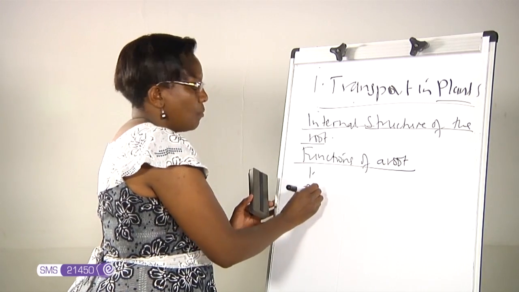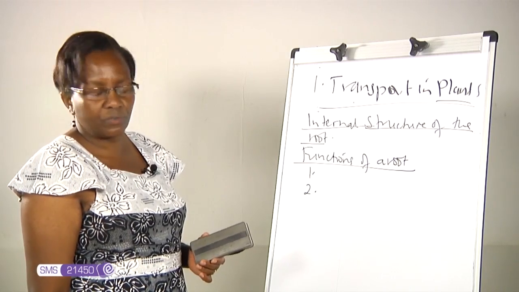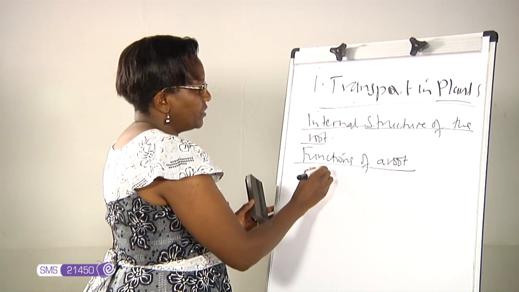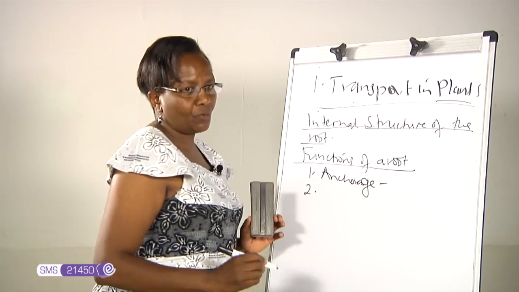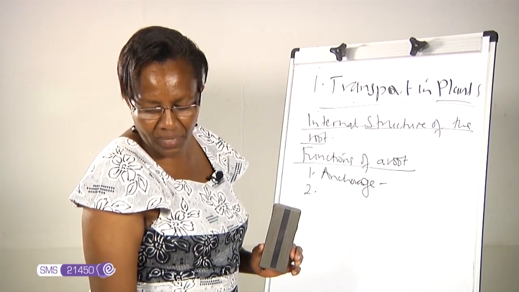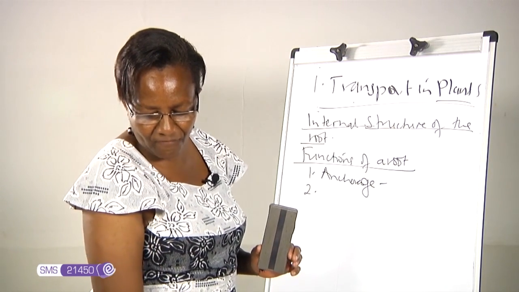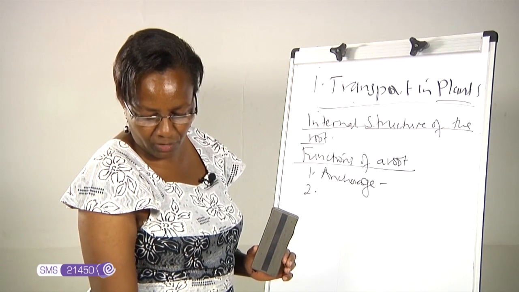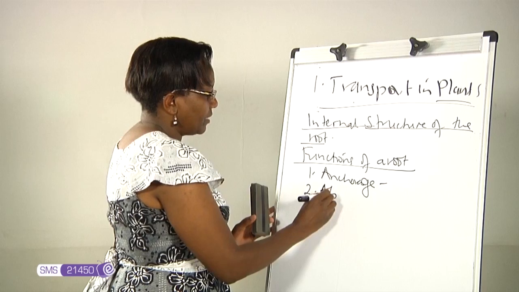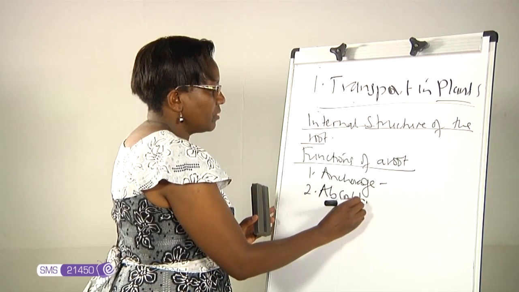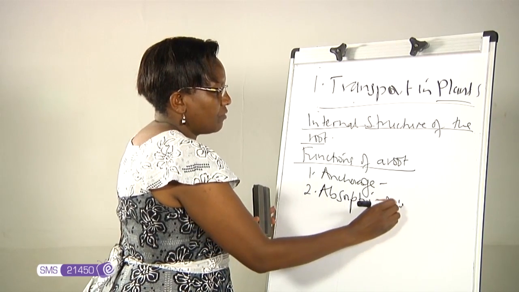We have two main functions of a root. One is anchorage. So what is anchorage? Anchorage means that it offers the plant firm support onto the ground. The other, and this is what we'll concentrate on, is absorption of water